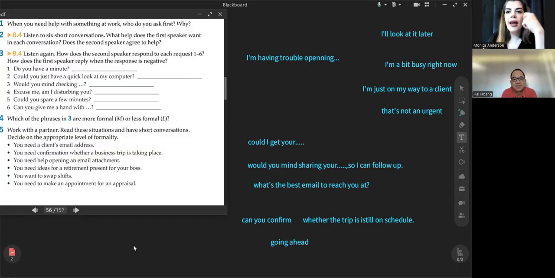For example, when I say, "Can you resend the email?" or "Could you resend the email?" It's okay. But normally we give a clarification of why, what I've just sent, what happened. You give a short explanation. So "I'm having trouble." Or when I say, "Would you mind sending the file in a different format?" actually you are telling me that there is a problem with the format. I can't open it. So you're describing it, it's better.